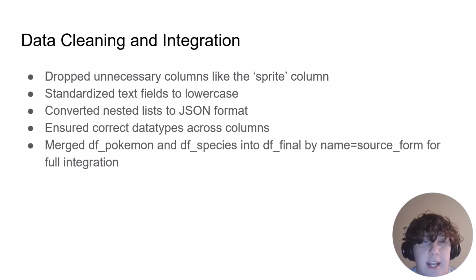For data cleaning and integration, I dropped unnecessary columns like the sprite column, which had no information necessary, and I standardized text fields to all lowercase and converted the nested list to JSON format and ensured correct data types across all the columns. And then I merged DF Pokemon and DF species into DF final, again by name equals source